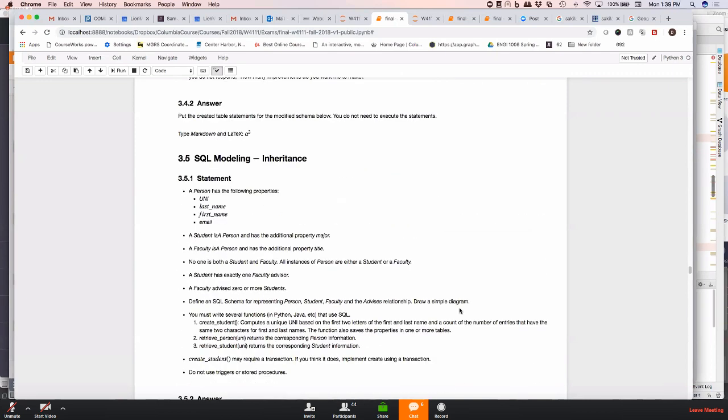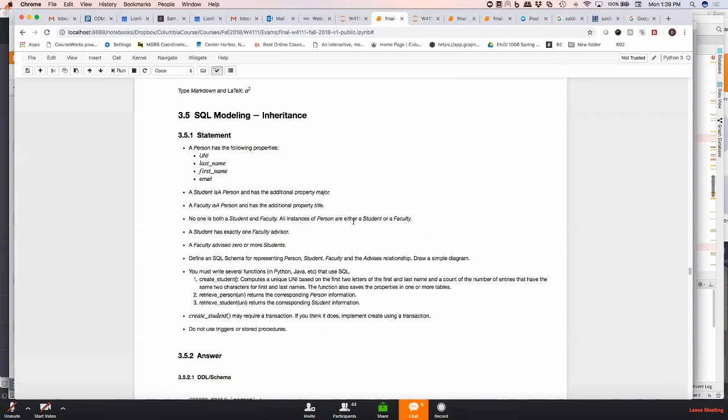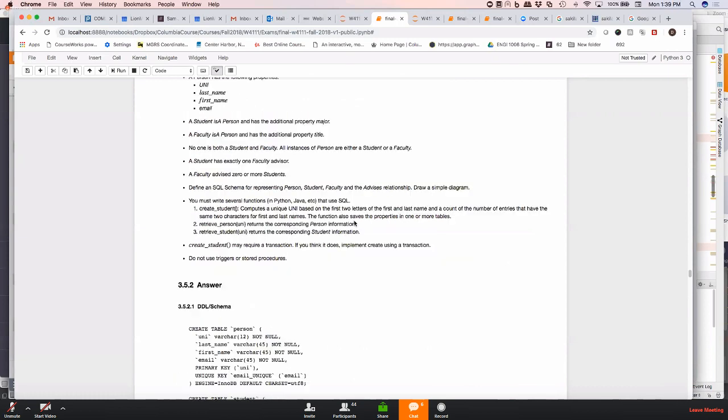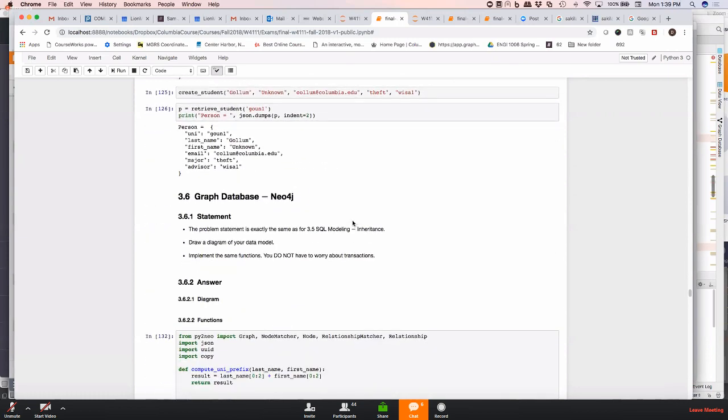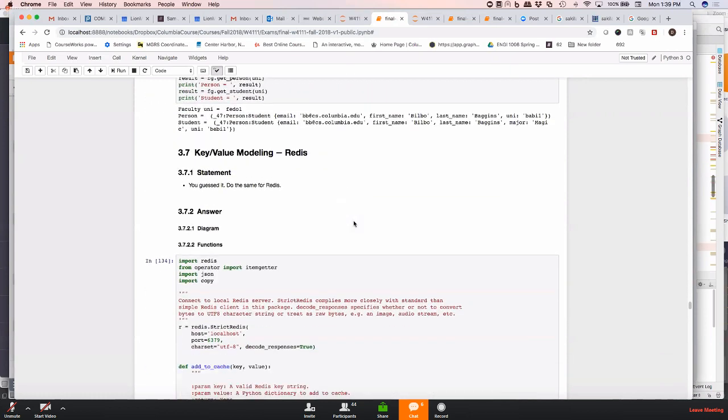These 3 here really hammer home the difference in what you can model. So how do you think about things in SQL? How fundamentally different a graph database is, and then how fundamentally different that is from a key value store. And so when you're done, you've kind of done the same